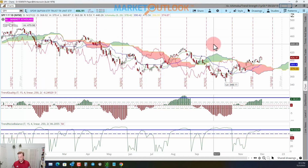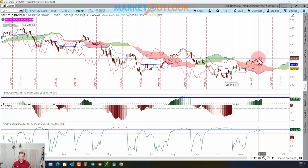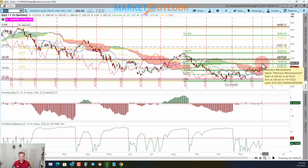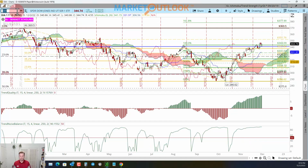The trend strength indicator has gotten to pretty strong levels. Again, 80 and 50 are the magic numbers. We're almost at 80, but we're not at 80 and 50, excuse me. We are still above the green line. We're above the cloud, so really, really good levels. The Qs are not above its cloud, and there's no trend going. So it kind of gives you an idea that this is the biggest section of the S&P 500, and it's just lagging. Whereas your diamonds, which is not necessarily the biggest sector, but it's been the biggest outperformer by far,